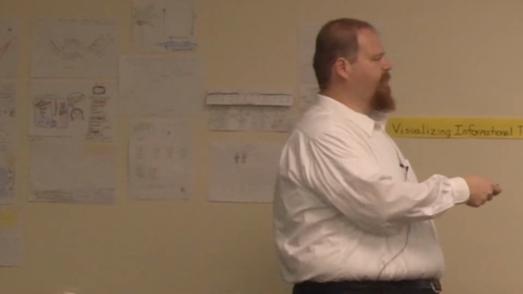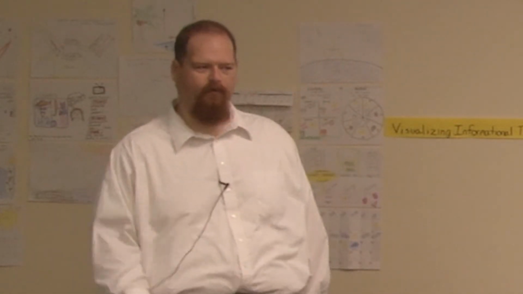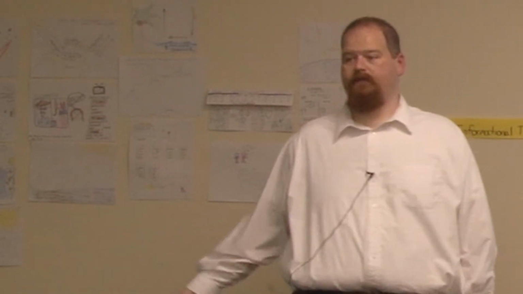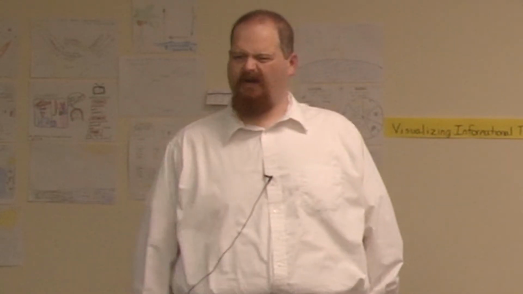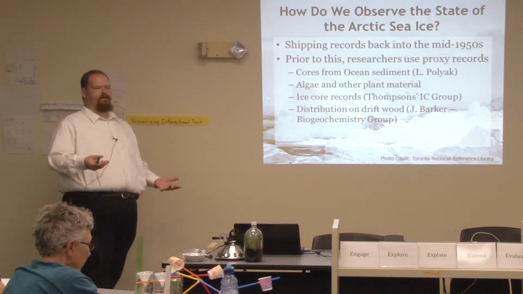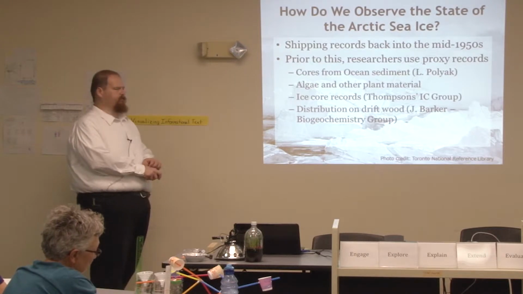So we get a lot of information about distant past climates from the ocean core. And you can also look at plant material that's in the bottom of the ocean. This biogeochemistry group, Joel Barker spoke earlier this week, right? The mummified wood in Ellesmere Island gives us clues that the Arctic used to be warmer, a lot warmer, used to be ice-free. Maybe as soon as 5,000 years ago, and certainly during the last interglacial or warm period, the Eemian, about 125,000 years ago. They have evidence of ferns in the Arctic ocean floor. Different plant material was around at this time.